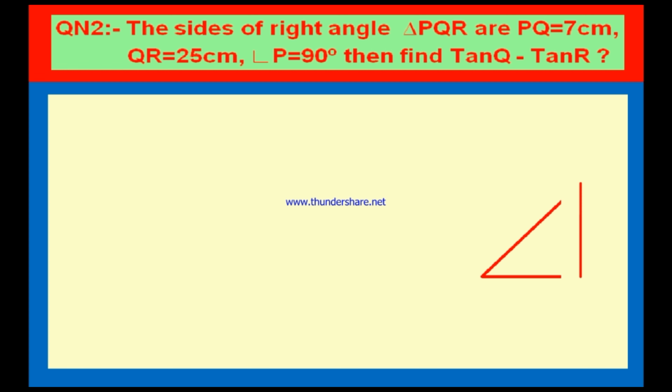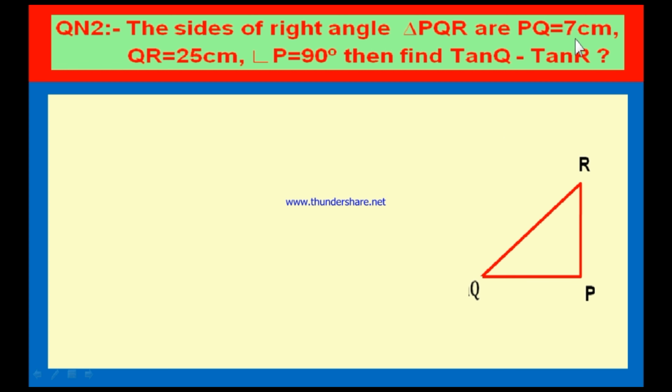Again, let us draw a right triangle and let us name this right triangle such that the right angle should be at P. Angle P is equal to 90 degrees given. Therefore, in this diagram, which angle seems to be 90 degrees? Good. This angle seems to be 90 degrees. Therefore, it should be P first of all. P, Q, R. Like this we kept the vertices.